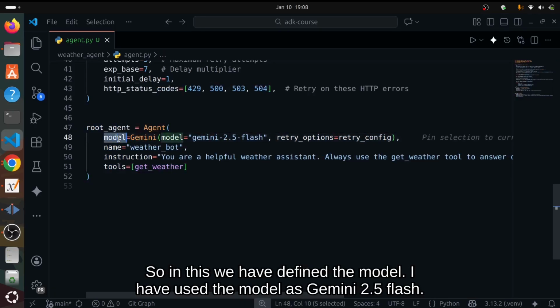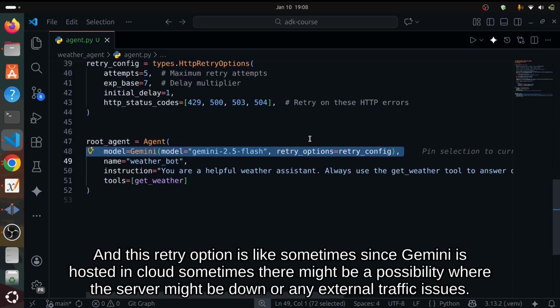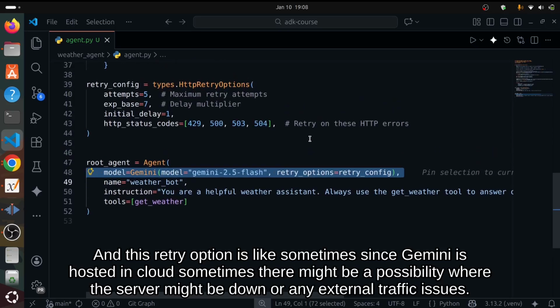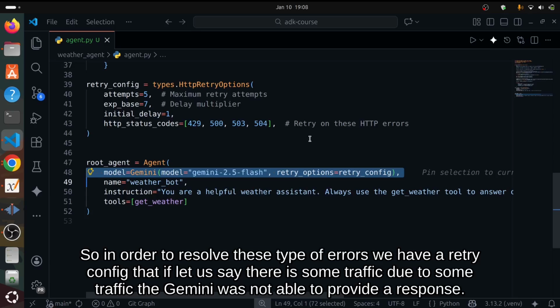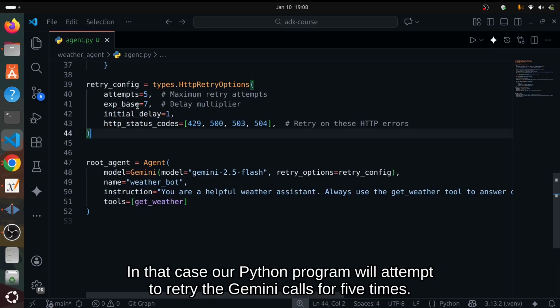In this I have used the model as Gemini 2.5 Flash, and this is the retry option. Since Gemini is hosted in the cloud, sometimes there might be a possibility where the server might be down or there are external traffic issues. So in order to resolve these types of errors, we have a retry config: if let's say due to some traffic, Gemini was not able to provide a response, in that case,